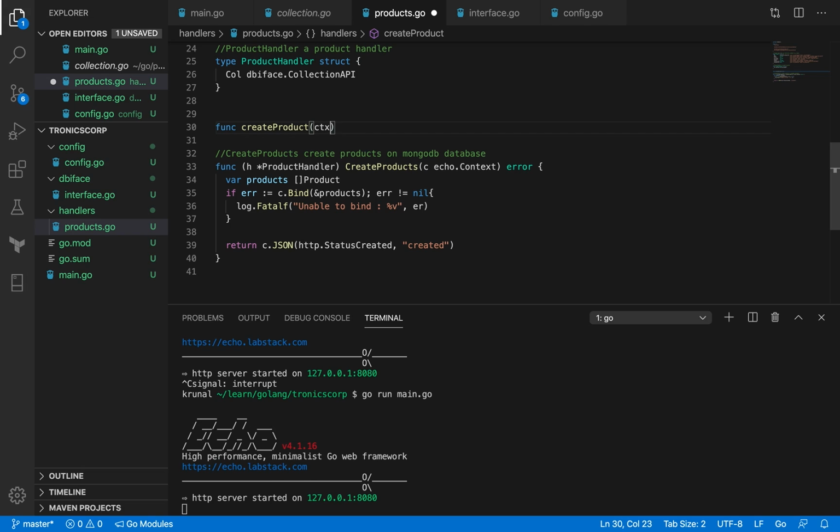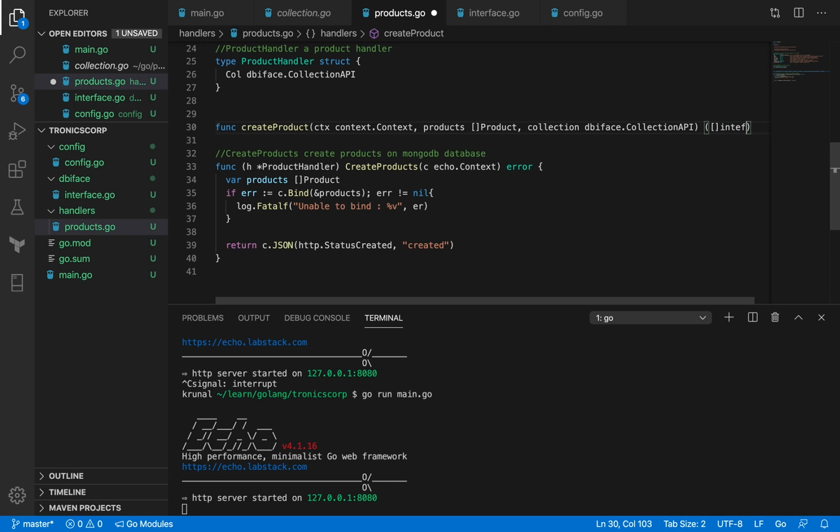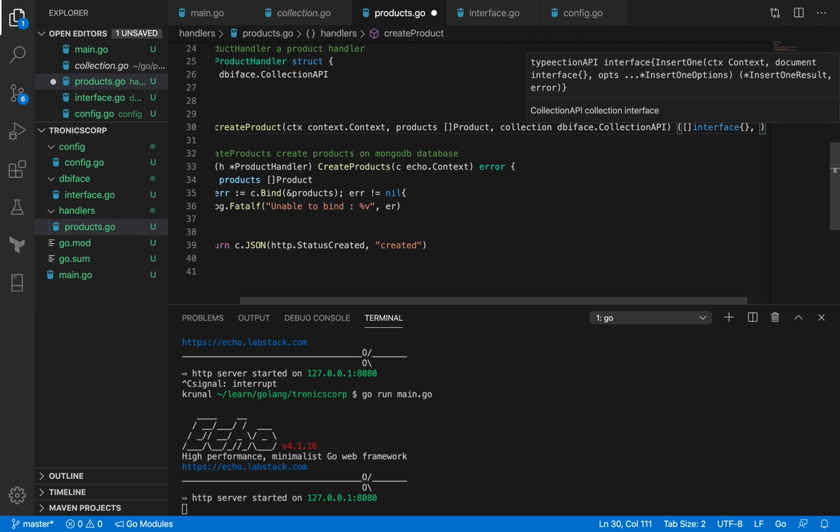when the code base of your application grows. So first of all, I'm going to need a context to be passed to it. Every time you make a network call, it's kind of a convention in Go to do it against some kind of context. Make sure that the function you're calling has context as its first argument, so that when it calls some other function, you can pass this context object to it, which the other accepting function should be accepting and working on. I'm also going to pass the list of products, my product slice, and I'm also going to use the collection as an argument here. What I'm going to return is a list of inserted IDs, but I'm just going to have them as